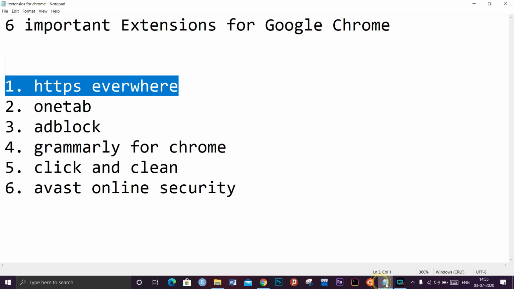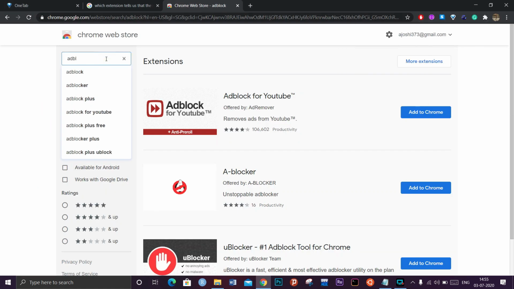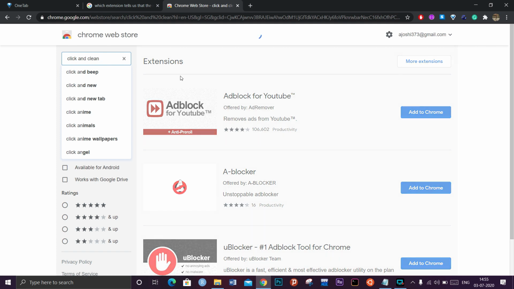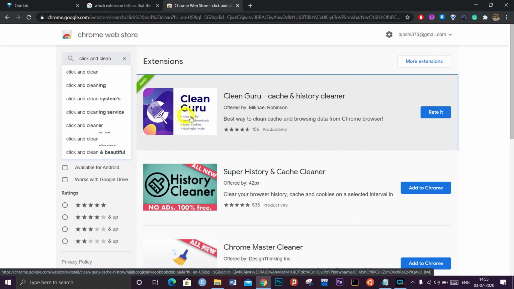Now the next one is Click and Clean. I'll just type Click and Clean, and you'll see this Clean Brew. You can use any of these extensions, Clean Brew. You can just add to Chrome. And what is the main function of Clean Brew?